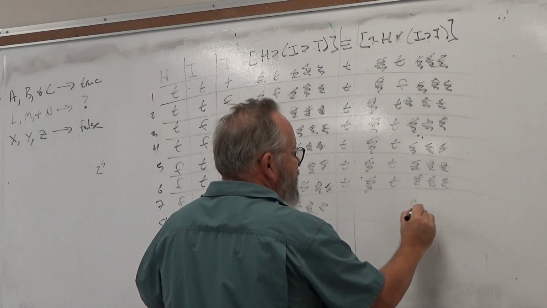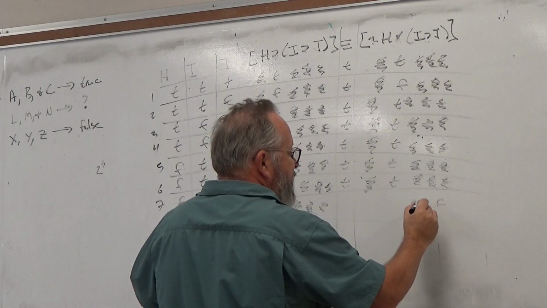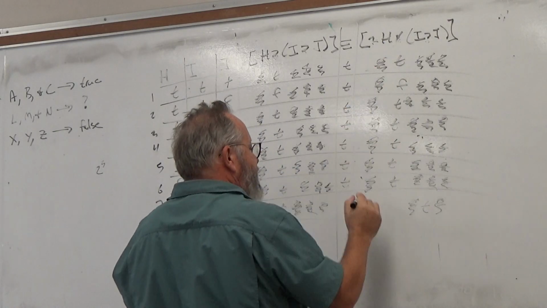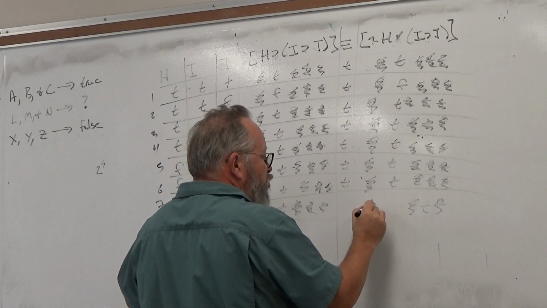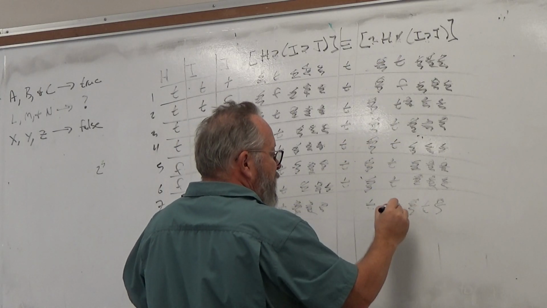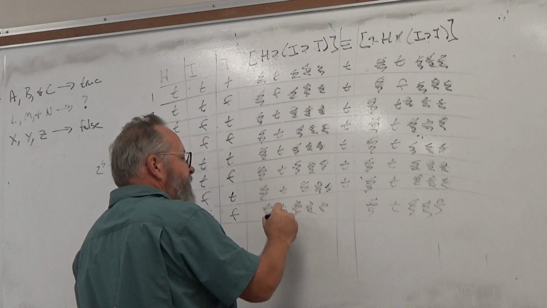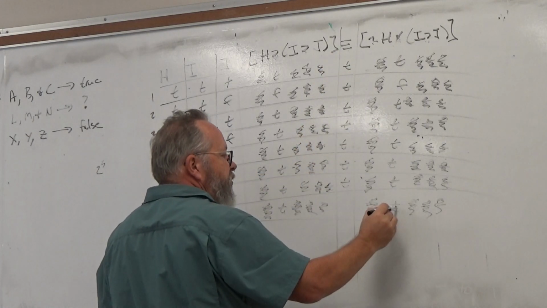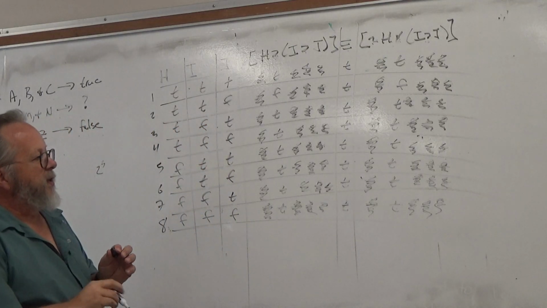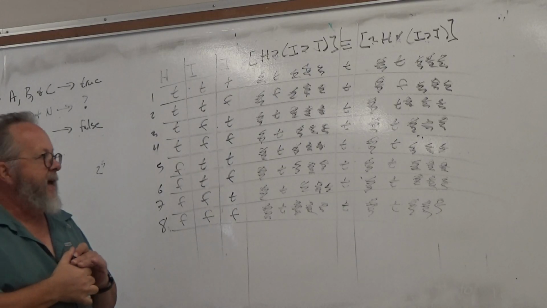I is false, J is false. False, then false is true. And H is false, so not H is true. So we have true or true, which is true. Okay? And so the final calculation is true if and only if true, which is true. Okay? So there's the final column, it's always true. Okay? Now,